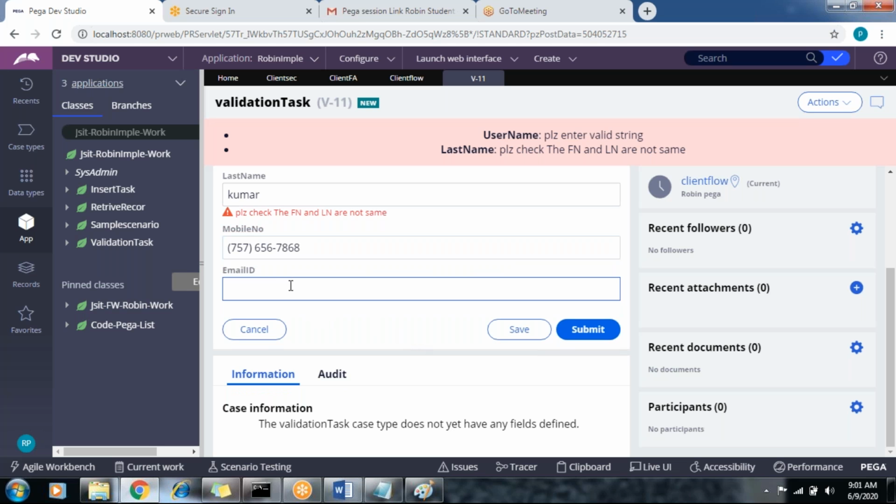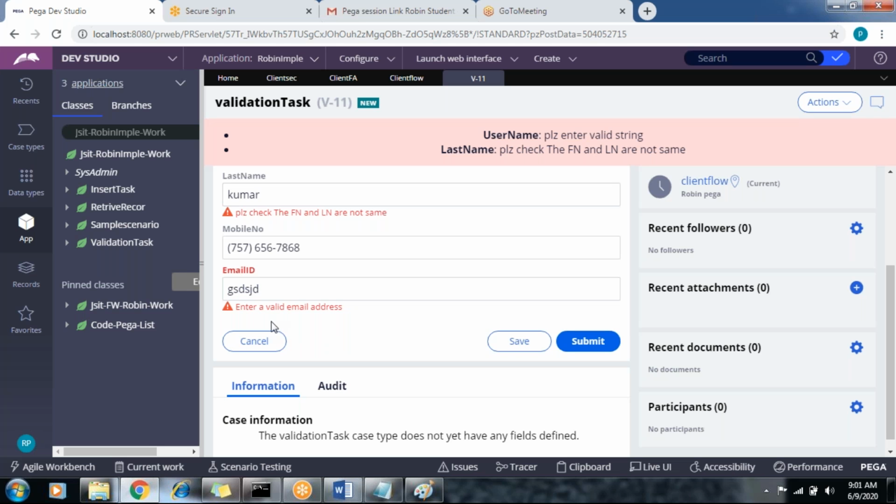Okay. Suppose for email, suppose I enter something else. The customer forgot to mention the @gmail.com. What will happen? It will display the error message for entering an email address. So this is a predefined error message. We did not assign this error message from our side.